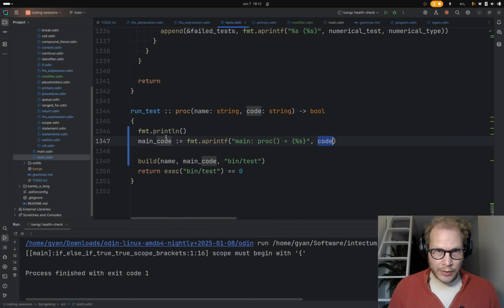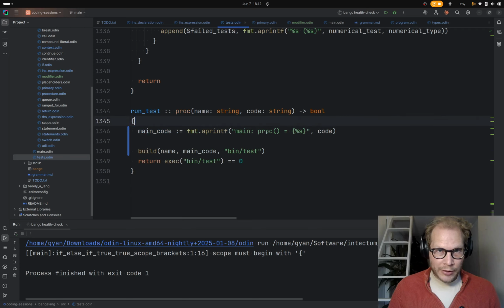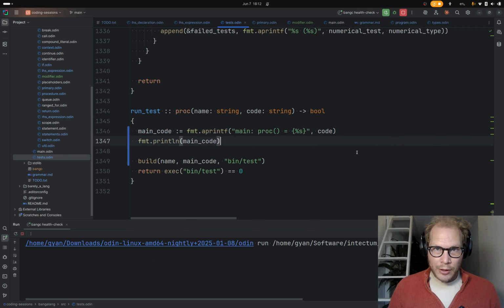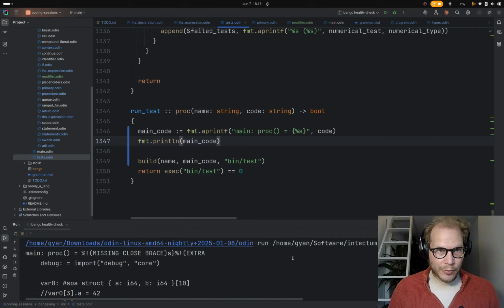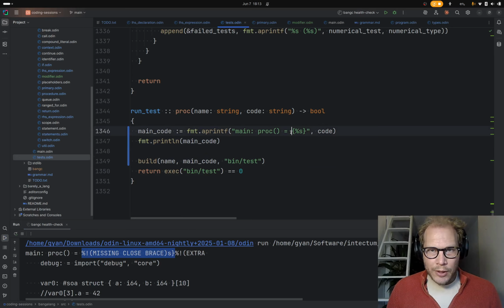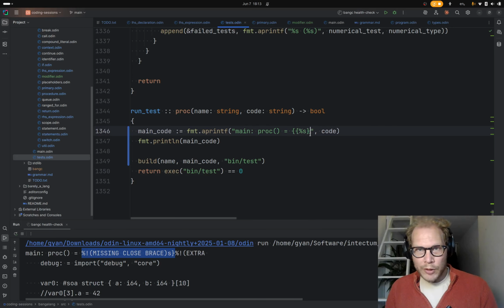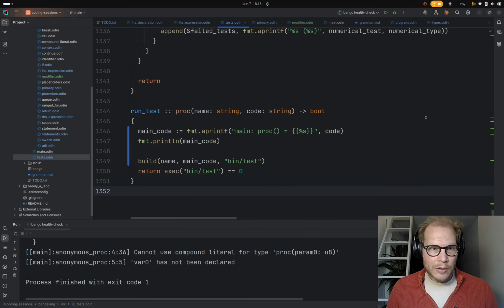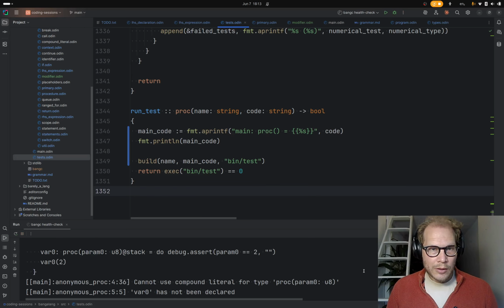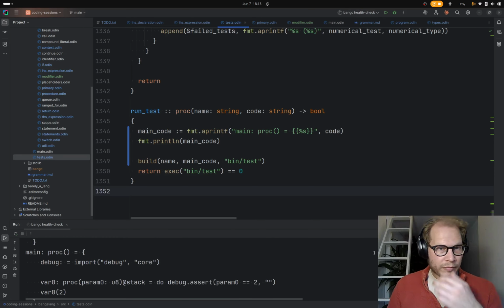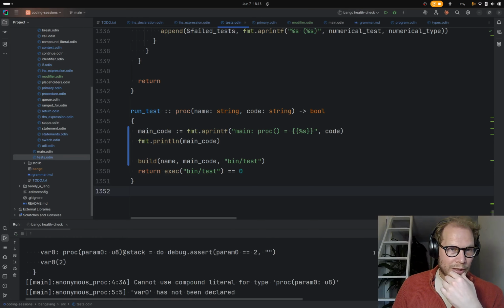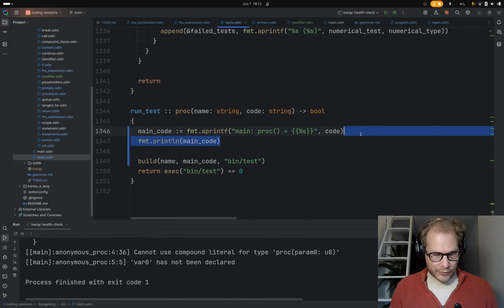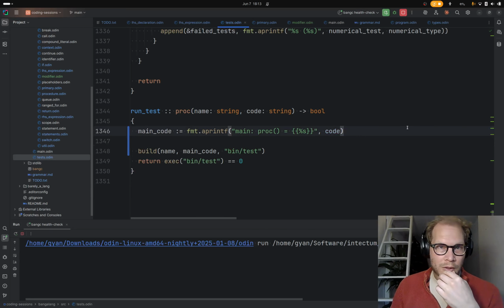Format.println, we'll print the main code, because maybe this is not printing up properly. Ooh. Sometimes the brace, that's right. I think we have to escape the braces like this. Var 0 has not been declared. So that seems to have fixed that problem.